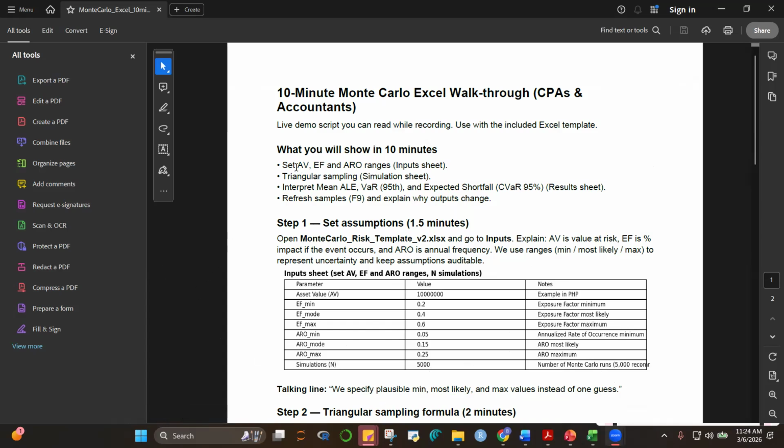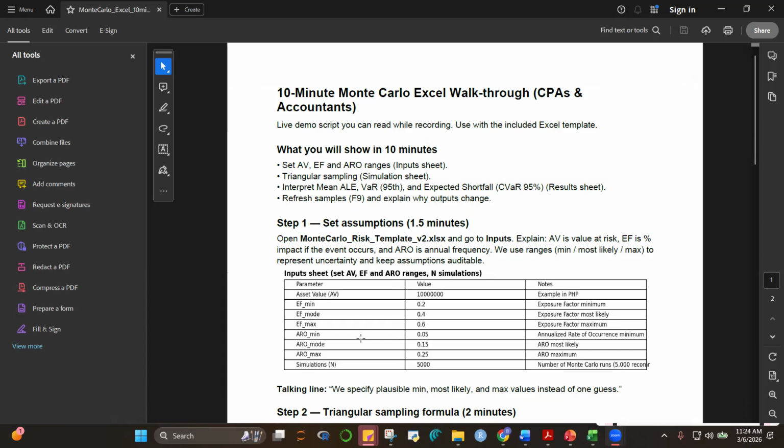So we'll have certain assumptions about our asset value, our EF, and then our ARO. We'll use triangular sampling. Okay, how does that go? You get the maximum value, subtract the minimum, and then you add the minimum.